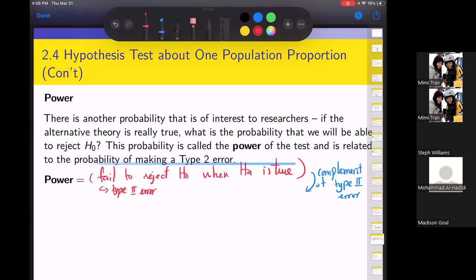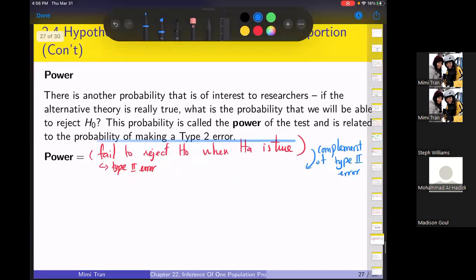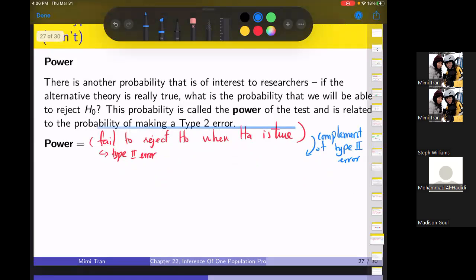Now I want to correct that. Complement of that will be what? Can someone read it? Reject H naught when H is true, right? You're doing the right thing. You reject H naught. You say that person is not innocent. They're guilty. Reject H naught when HA is true,